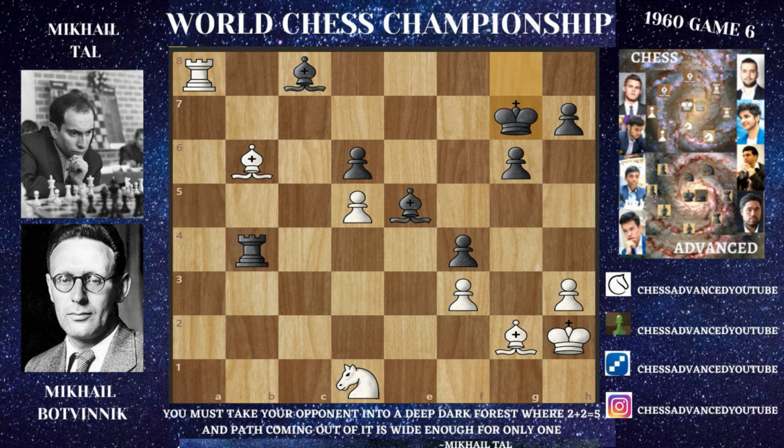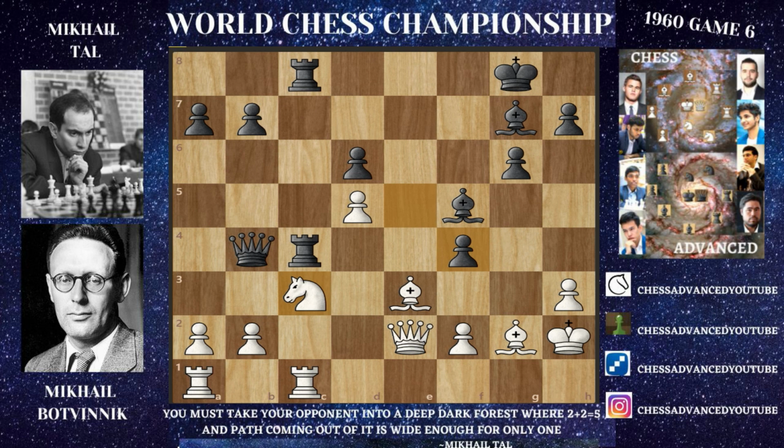Here king to g7, but this rook captures on c8, and after rook captures on b6, now you can see that Tal is down a piece, and Botvinnik would most likely be winning this game. So there would have been a lot of variations with that a3 move, but here instead Botvinnik went for this bishop to d2, but this bishop to d2 is definitely gonna haunt Botvinnik for the rest of his life, because